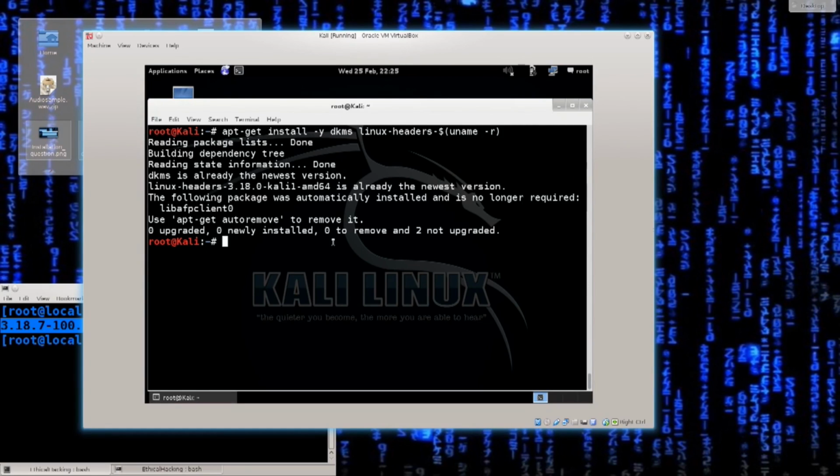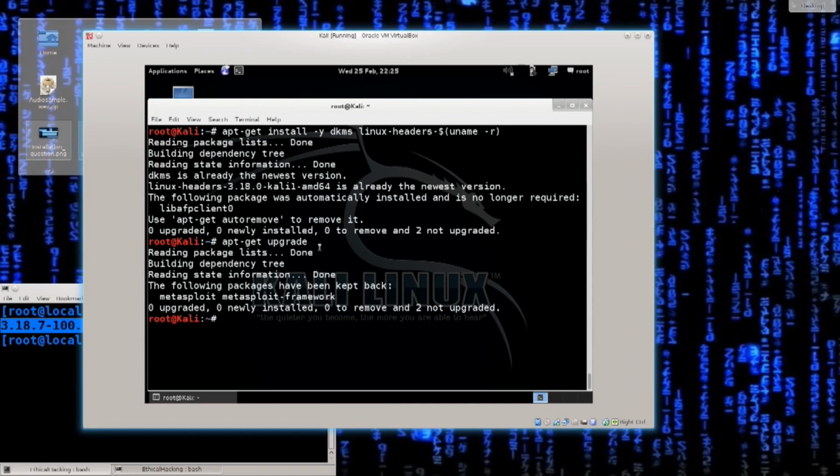The install process done, I'm just going to go ahead and run apt-get upgrade. You want to make sure that this happens after the installation. I already did it, but just doing a bit of a show here. And it says that 2 of them are not upgraded. It says Metasploit and Metasploit framework, but it says that the packages have been kept back. So this is being done for a valid reason. We will get into that a bit later on, but for the time being, let me just go ahead and